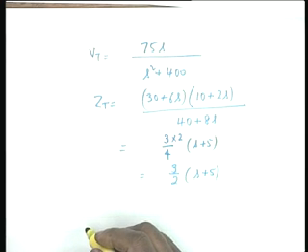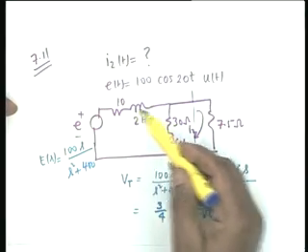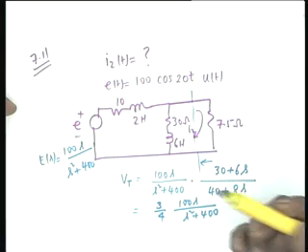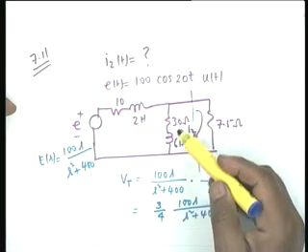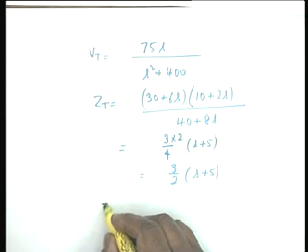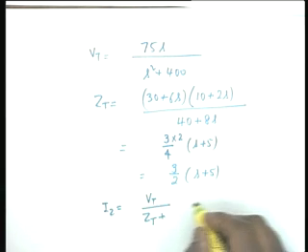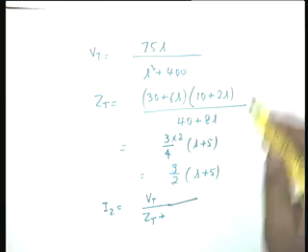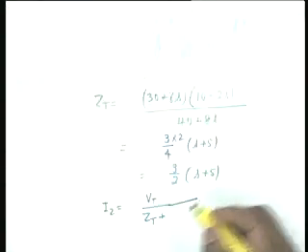All right. Why does this happen? Because the time constant of this circuit is the same as the time constant of this circuit. Okay, so the two combine to give you a simple RL circuit. Is that clear? The ratio of R by L here is the same as the ratio of R by L here. The time constants are the same. Okay, and therefore I2 is equal to Vt divided by Zt plus the 7.5.